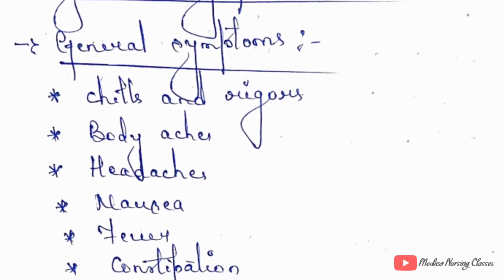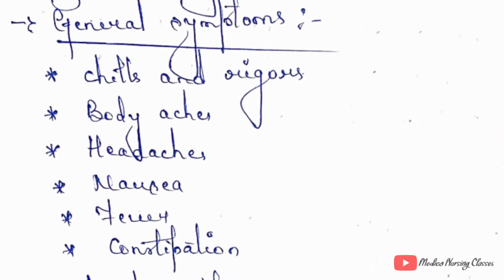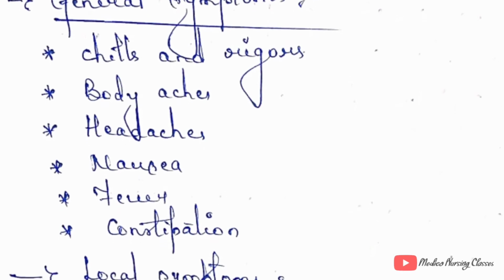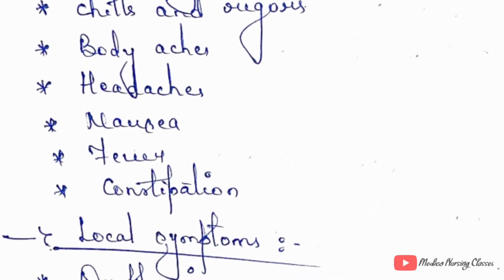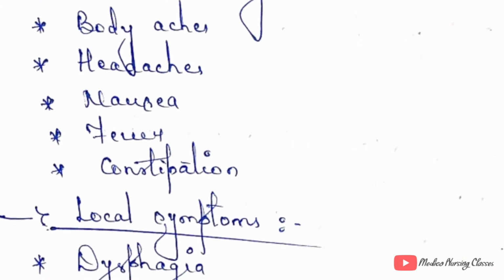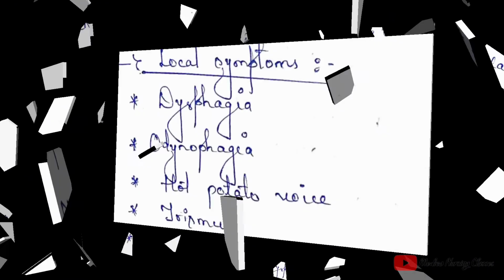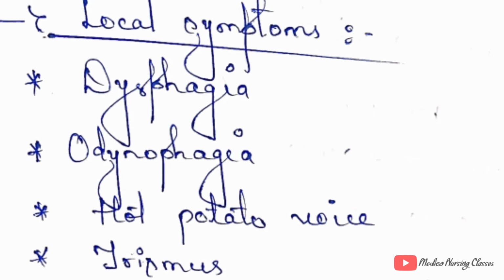So let's see what are the clinical features or signs and symptoms of the peritonsillar abscess. There are mainly general symptoms and local symptoms. In general symptoms, you can say chills and rigors, body aches, headaches, nausea and constipation. And then local symptoms like